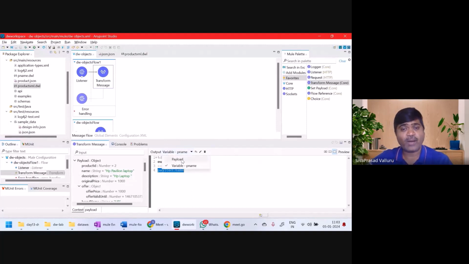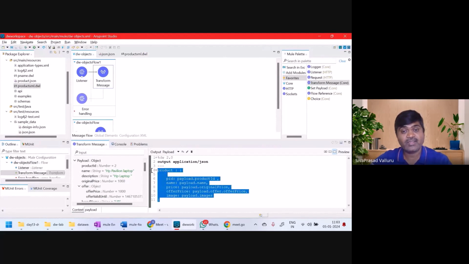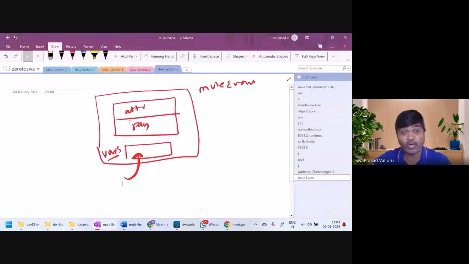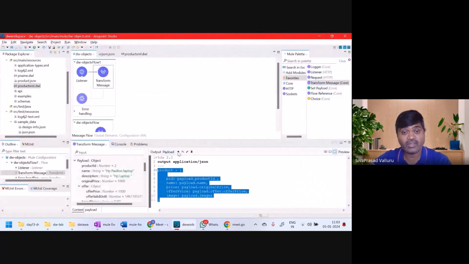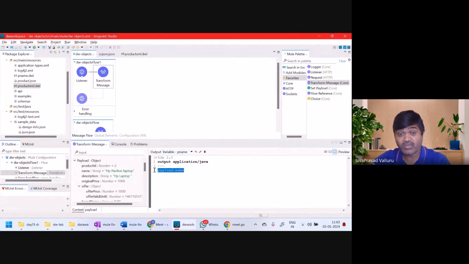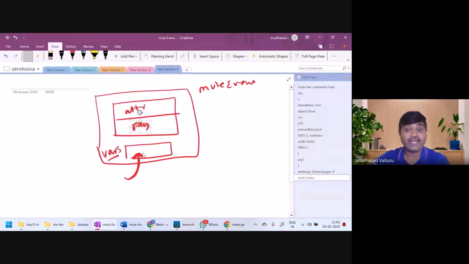If you see this drop down, there is payload drop down. If I select, this is the earlier expression. This expression will be evaluated and it will be set as a payload inside the Mule message. And if I select the drop down variable pName, whatever expression is there will be evaluated and it will create a variable called pName inside the Mule event. Okay,